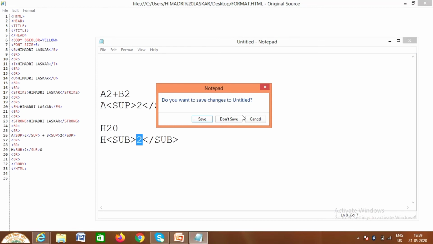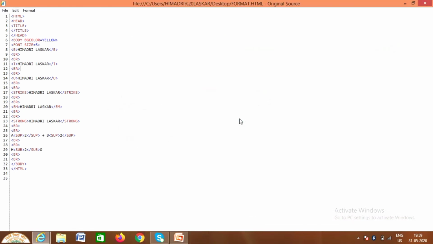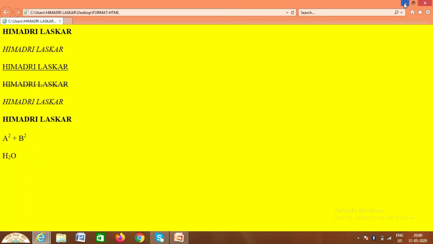So this is how I have done the practical. I have saved it and I have run it. I'll give you the whole practical in the description box, in PDF format or in Word or in Notepad. You can just see from there, do the practical and practice it yourself. Okay, so this is all about today's session, students.